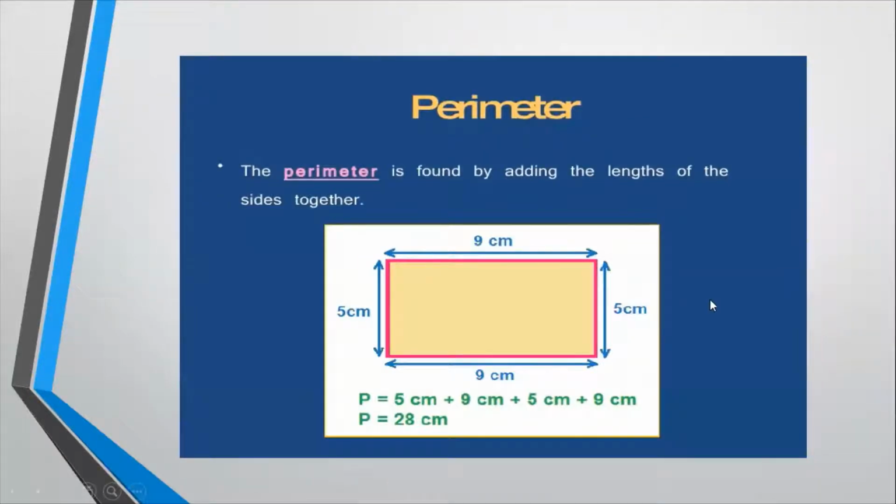आपने सारी sides की lengths को add कर लिया and you are getting what? You are getting perimeter. Very good, 28 centimeter. Excellent. I am happy that you are getting it. Now, next slide, let's see what is on it.